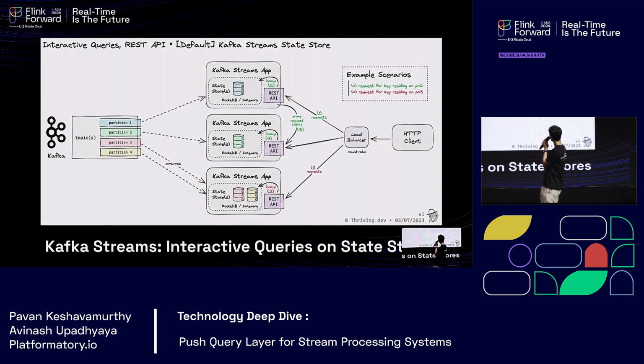So it can be used in both these domains. And the way it broadly works is very simple. In Kafka, the unit of parallelism is basically a partition. In a partition, everything is totally ordered, right? So the way in which Kafka Streams processes Kafka topics is also unsurprisingly by partition. So one of the things that you can do is ask a Kafka Streams application, interactively, what the state of a given aggregation is.